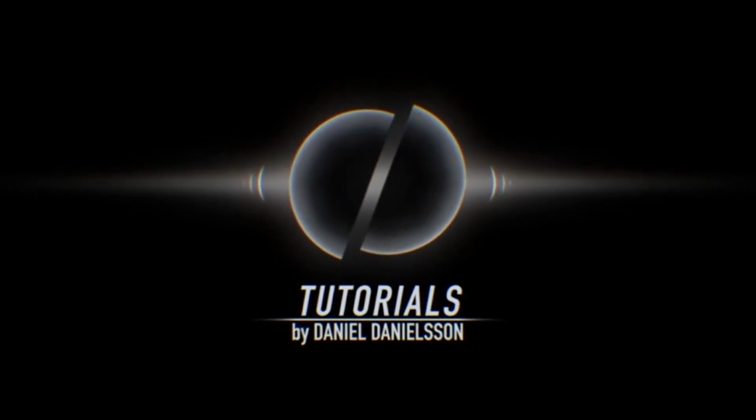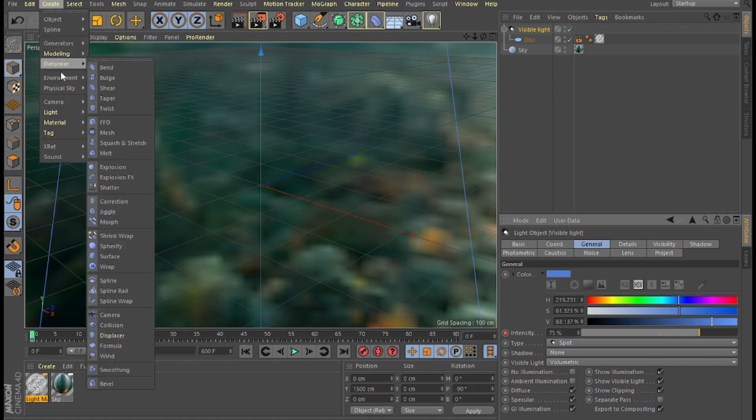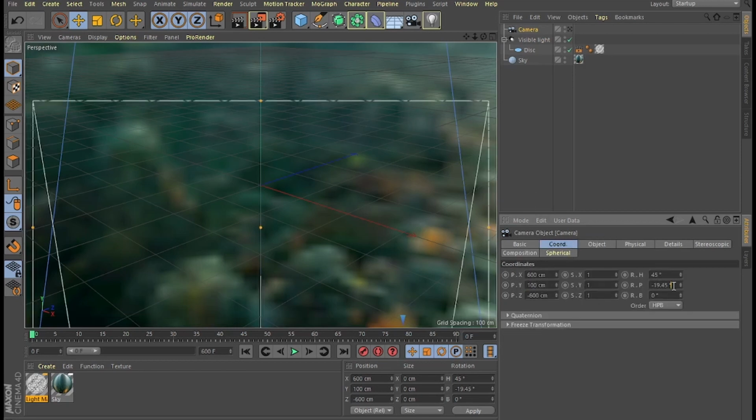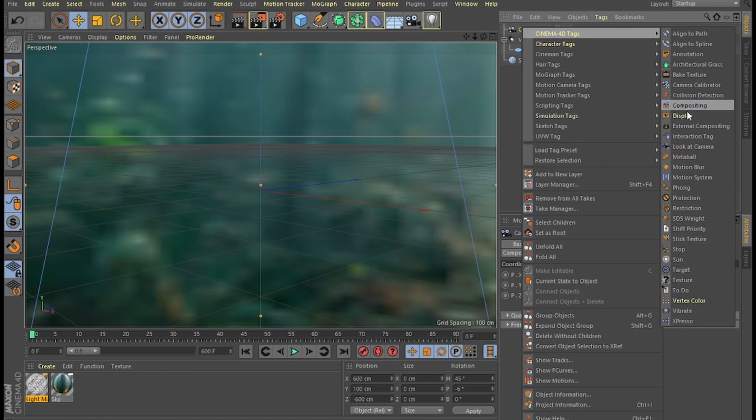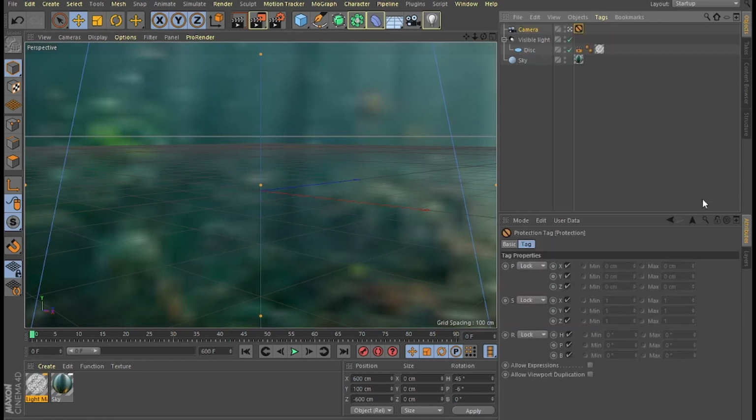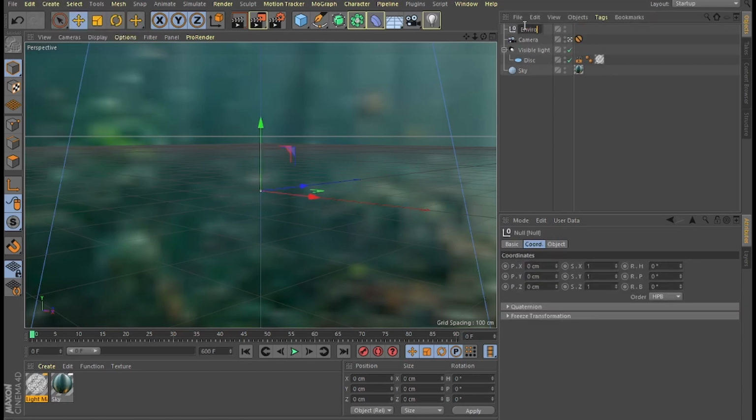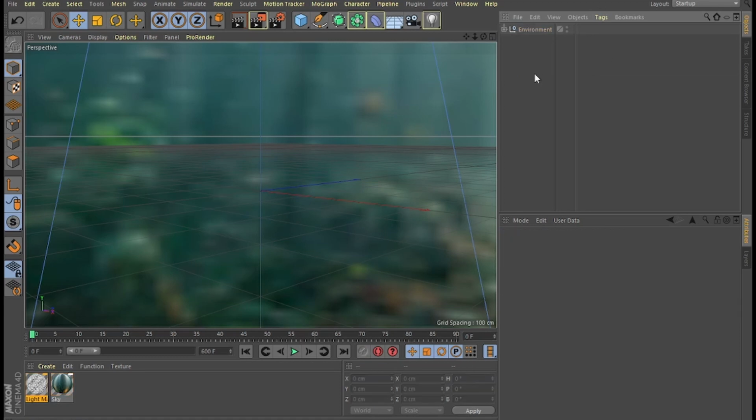Next, for the lighting, I simply followed Daniel Danielson's tutorial for underwater lighting, which you can find a link to in the description below, and then added a camera at the default perspective coordinates. But lowered it on the y-axis to 100 centimeters and increased the pitch angle to -6. I'm then going to add a protection tag to make sure we don't mess up this setup. Just to tidy up our UI a bit, I'm going to add a null object and rename it environment, and drop our sky object, the light, and our camera into it as children of the null, and collapse that